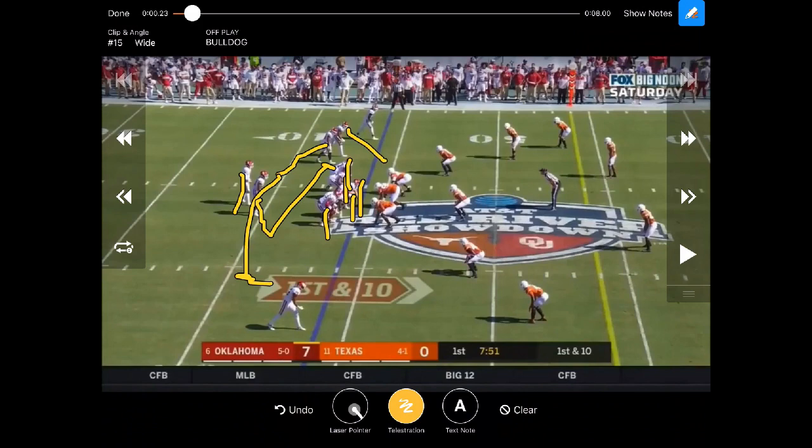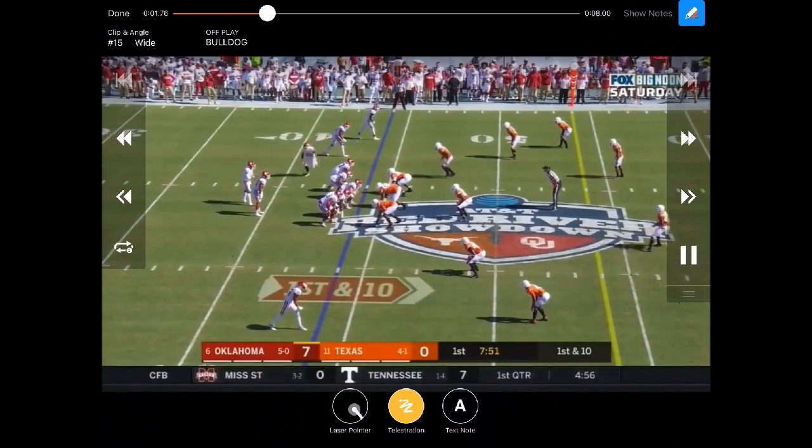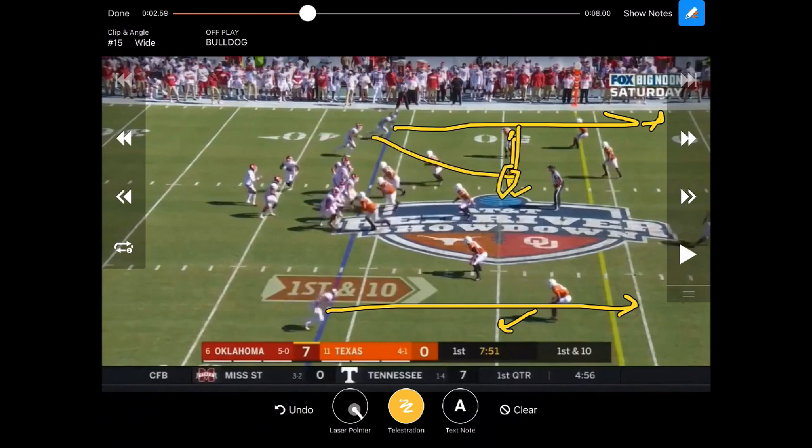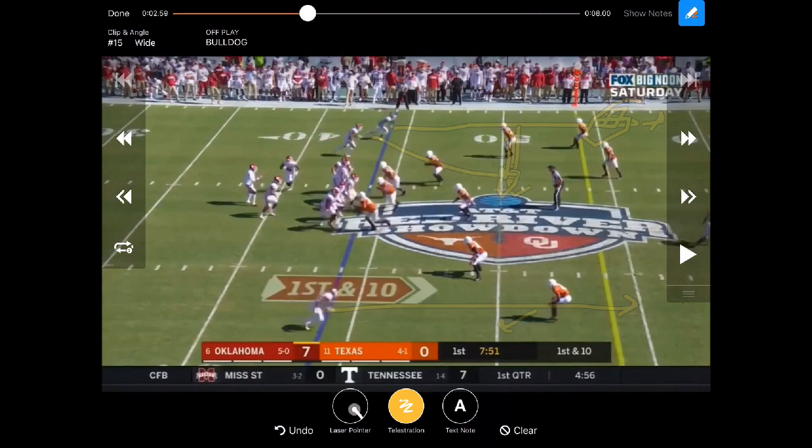This guy's going to go there, and he's going to go vertical as the first look. They're really looking for his outside backer right here, making sure that he falls in so that they can run this vertical read outside right there and a vertical read over here on this side. So if that guy's making it difficult and he doesn't pop into that window right there, they're going to reset because he's chasing. They're going to go outside and hit this vertical read, which is what they do right here